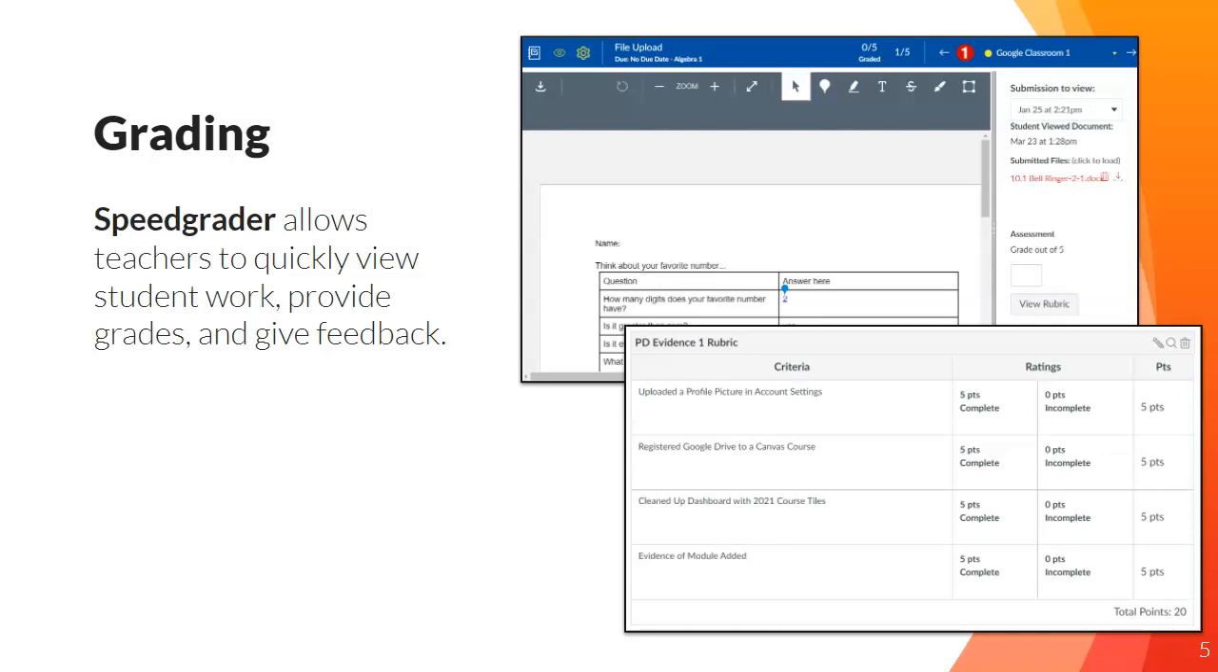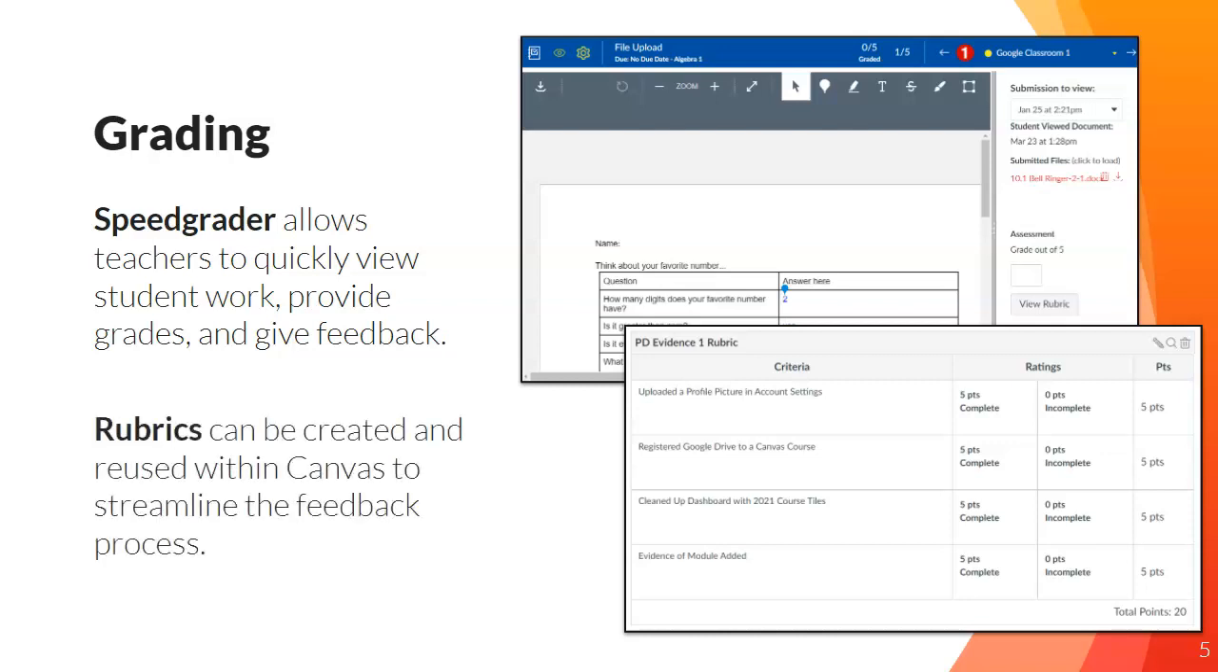So there is a tool referred to as SpeedGrader, which lets you quickly and easily move through different student submissions, take a look at what they've submitted, provide grades, comments, and feedback. In addition, Canvas has a built-in rubric feature where you can build and even reuse rubrics to speed up that feedback process. So in this module, you will be presented with very short videos that will show you exactly how